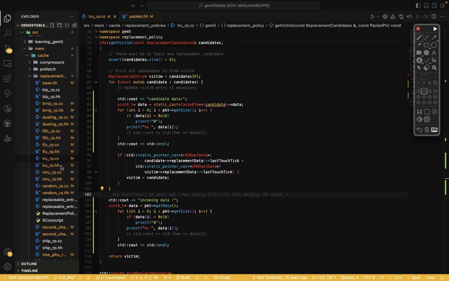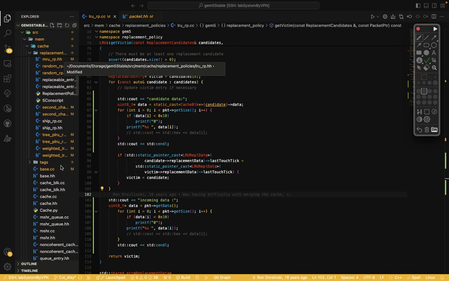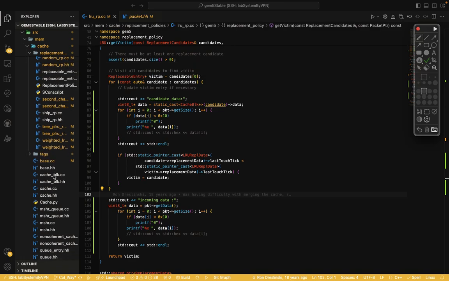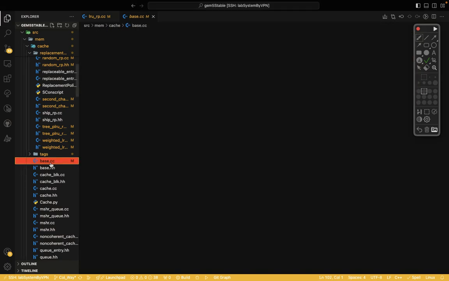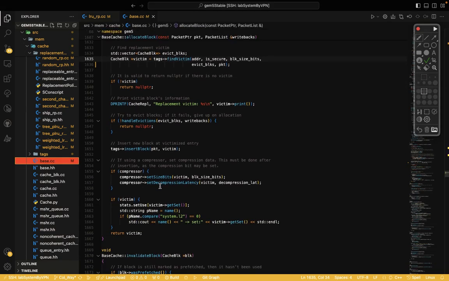Okay, if you study Gem5, you know the incoming packet will be serviced in the base, in the access function. We have timing and other things.